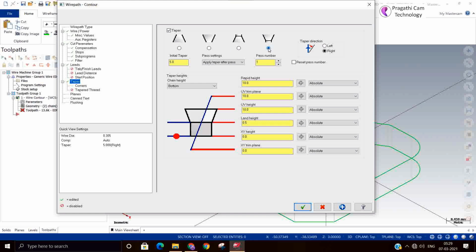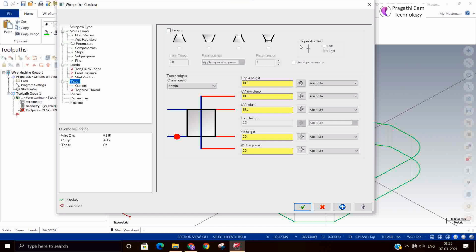So this land and taper will be used while doing a press tool die cutting. It is very much useful. Normally, you do only straight cutting in the general condition. At that time taper will be switched off. If you switch on taper, then you will get the taper options.